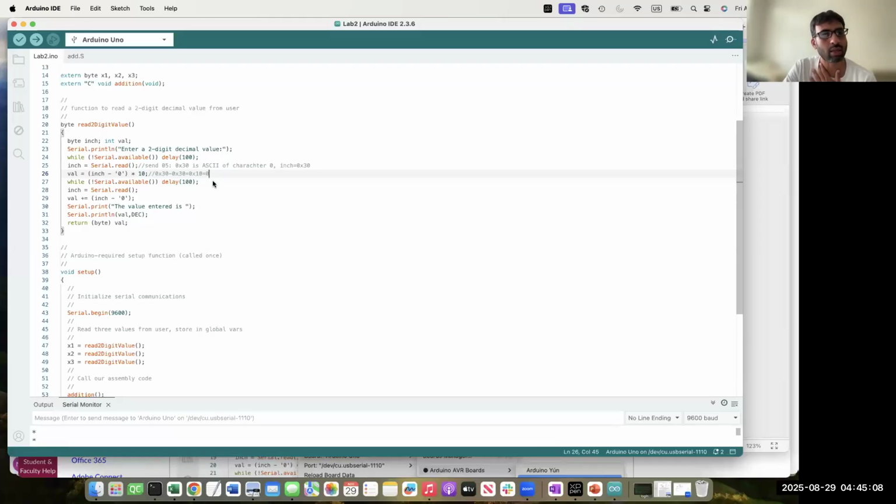And then in the next statement, we wait again and check if the serial port is available for communication or not. If the serial port is not available for communication, wait for 100 time units, right? Okay. And after that, we say again,